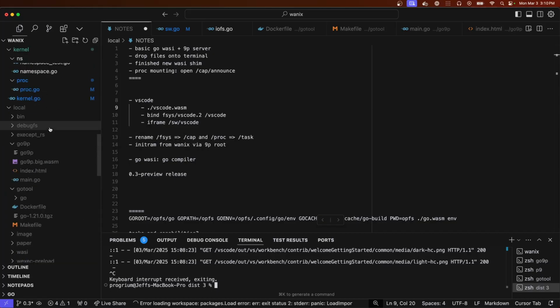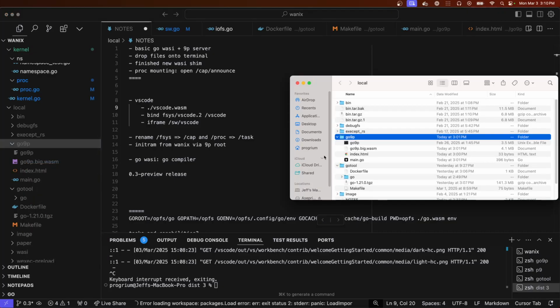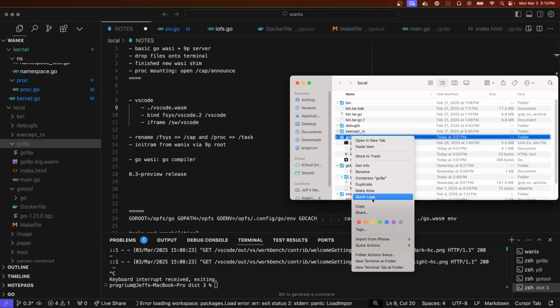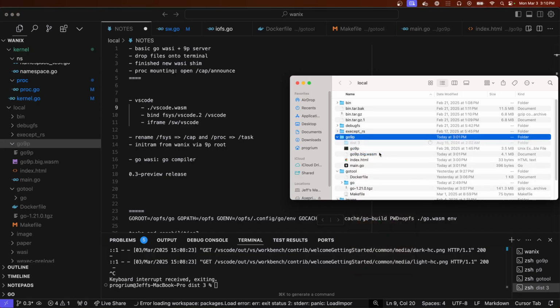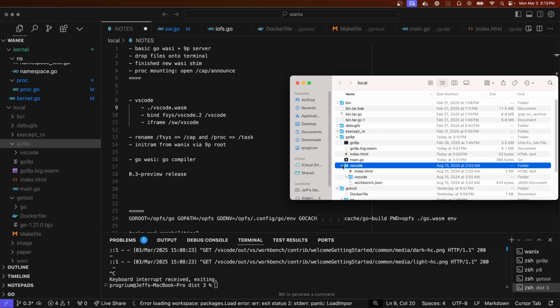I'll just keep using this Go 9P. Whatever.